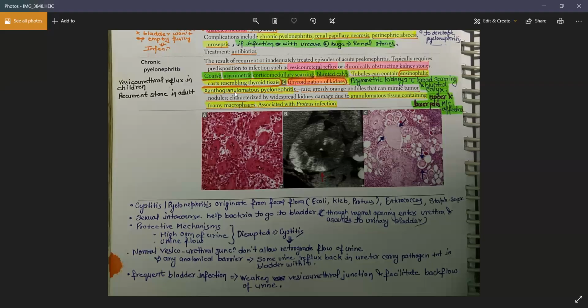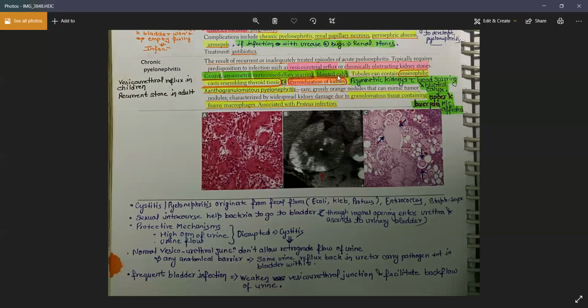Okay, and you will again have very widespread kidney damage, not a localized, not a focal one. It will be a generalized, diffuse kidney damage. Okay, nodules in the kidney will be found. And I told you, whenever you have nodules in a tissue, it will always mimic a metastasis of a tumor, remember? Like in the brain, you will have these nodules. In the lung, you will have these cannonball appearances. In the liver, you will have multiple nodules, right? Yes. So the same thing goes for the kidney. Whenever you have a metastasis in the kidney, you will have multiple nodules.